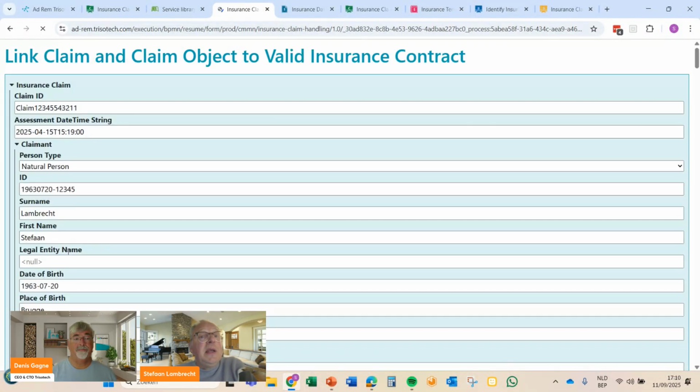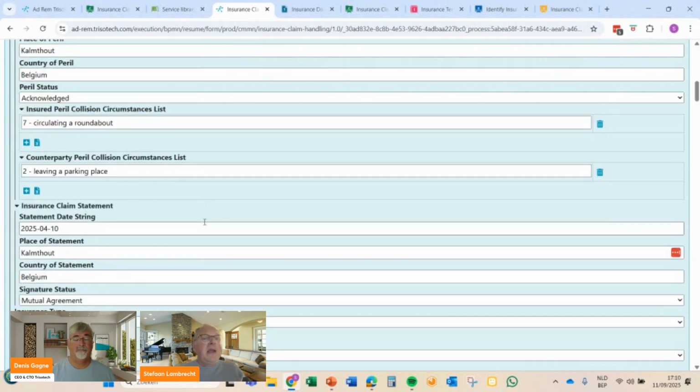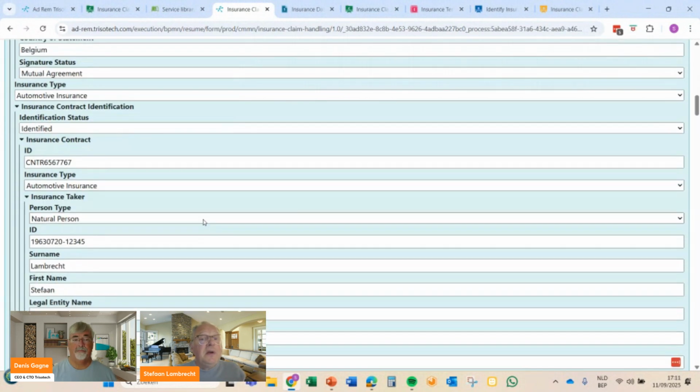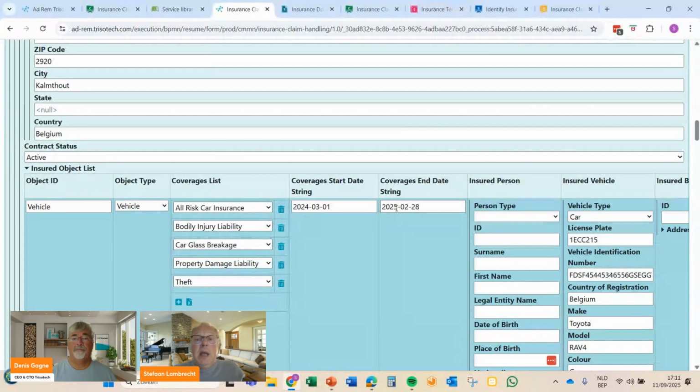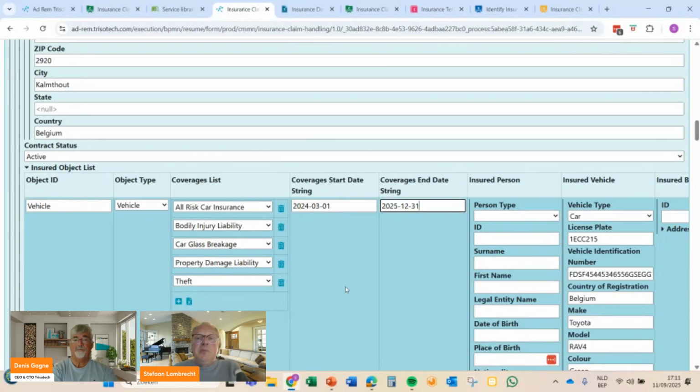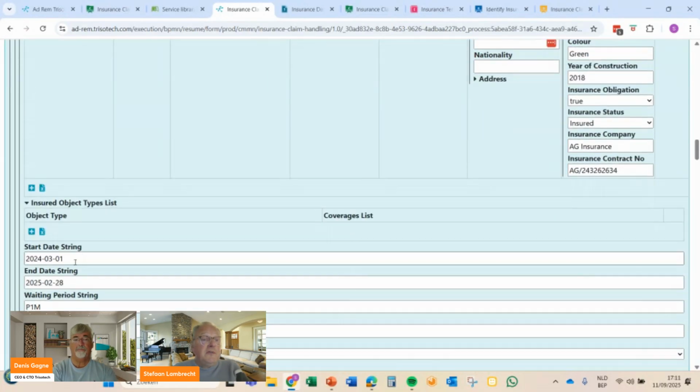And if I click on it, then this would be some kind of form in that claim handling application. And what I'm going to do here is look at this information. And I found, for instance, a contract renewal, and let's say that we extend the coverage period to the 31st of December.